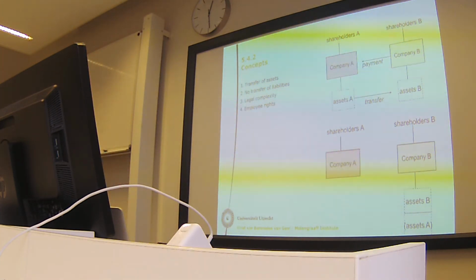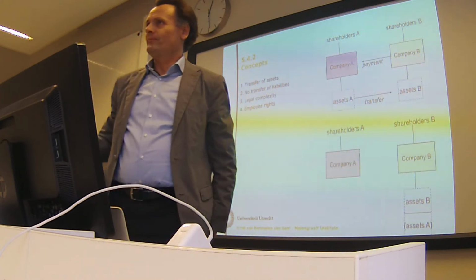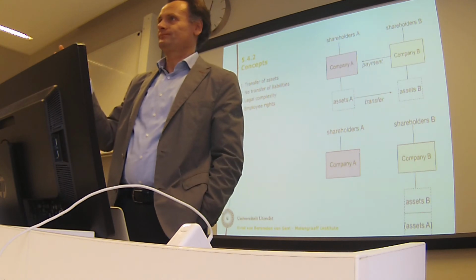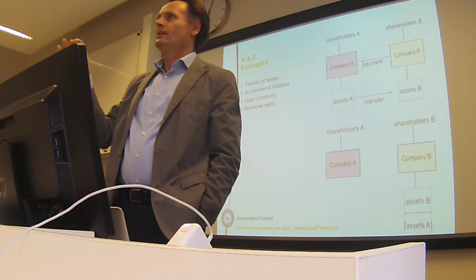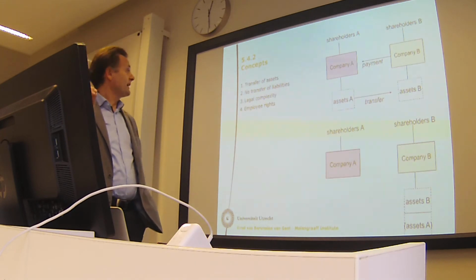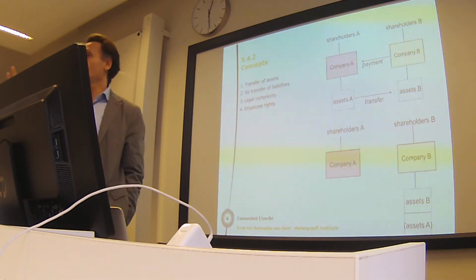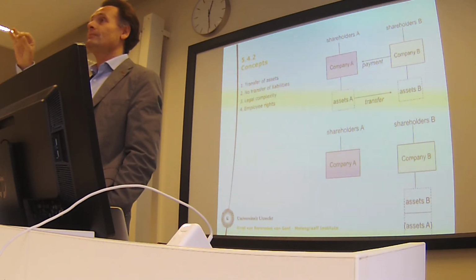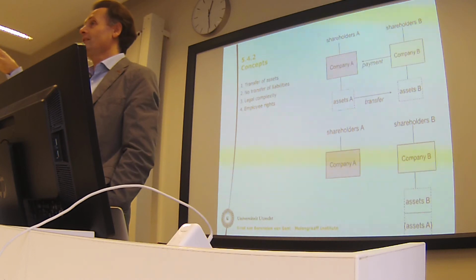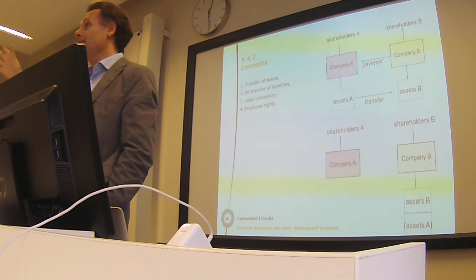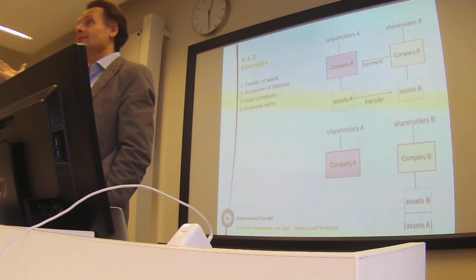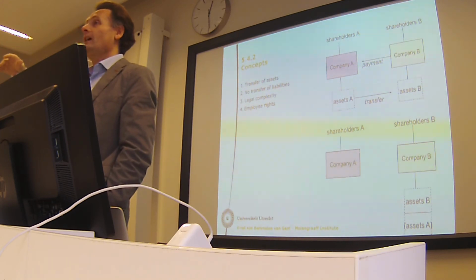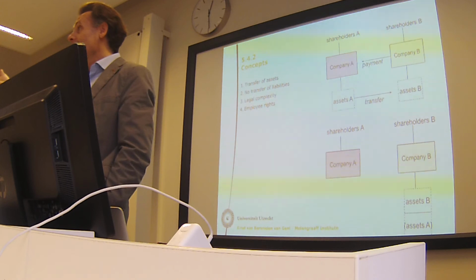So what is, from a legal perspective, the trick behind an asset deal? First step, or the second step, is no transfer of liabilities. An oil field is nothing, it's just nature, and an oil field has no liability. It's not an actor, it's not a natural person, a database is not a person, it cannot have liability.